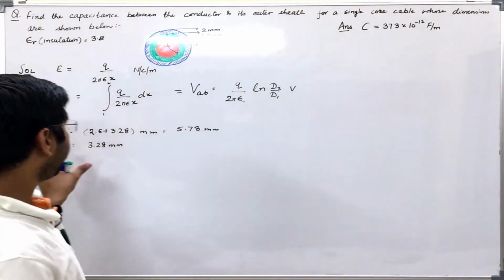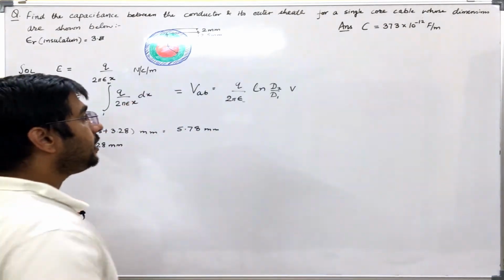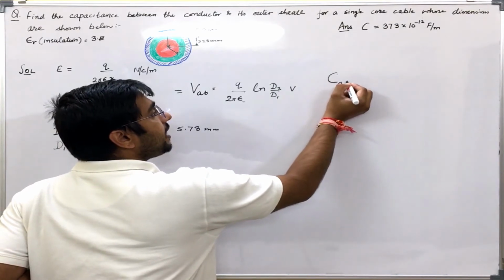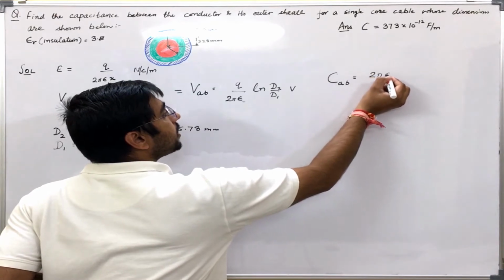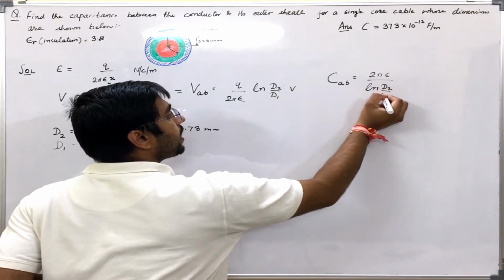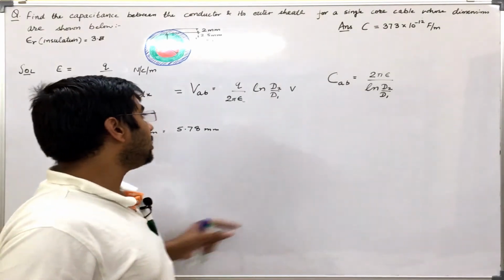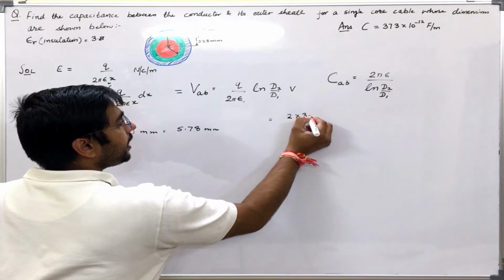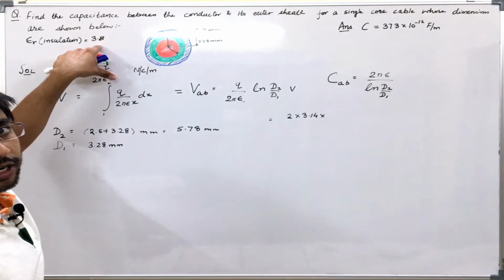Now writing the formula for capacitance directly, the capacitance between conductor and the outer sheath is given by 2 pi epsilon divided by natural log d2 by d1. Putting all these values, we get 2 into 3.14 into epsilon, which can be written as epsilon r into epsilon